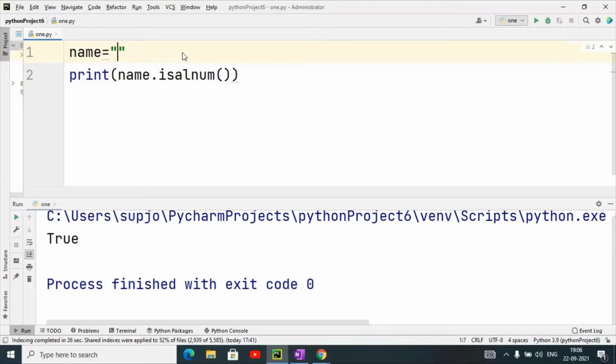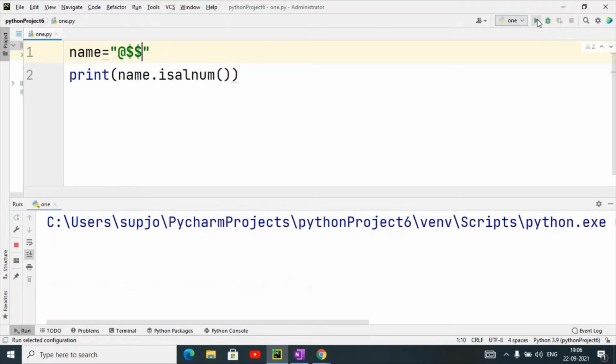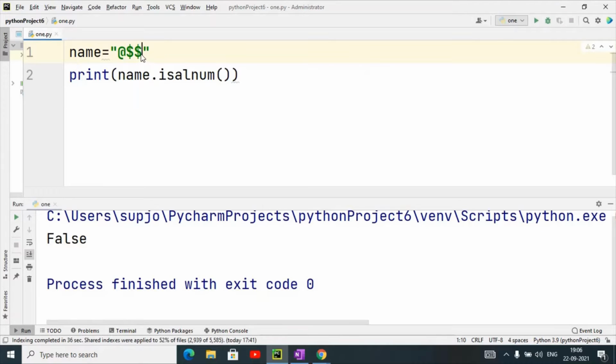But if I take only alphabets, not numeric values, then in this case it checks either alphabets or numeric. But if I take special symbols like the at-the-rate sign and others, then it will return false. Only alphabets and numeric values are allowed in the string. It will check like this.